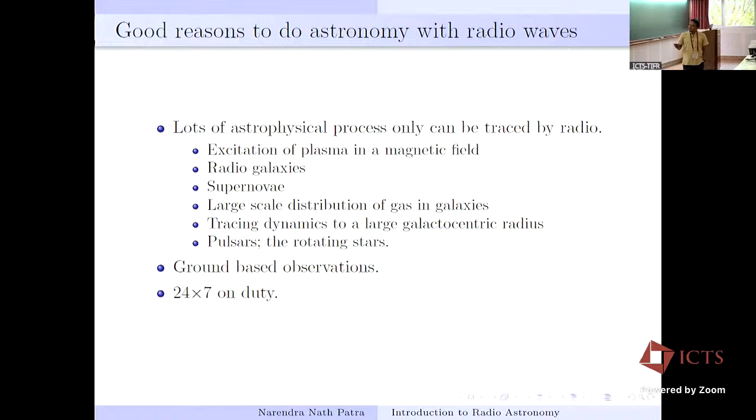If you want to know about those sciences, you have to use radio observations. Then you have ground-based observations. Optical you can of course do from the ground, but X-ray and gamma-ray observatories have to be put in space. But radio observatories are ground-based, so you can set them up, you have more access, and they are on duty 24/7, unlike optical observatories, which only work at night. Radio observations are not